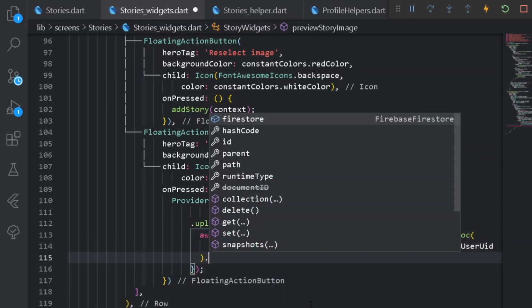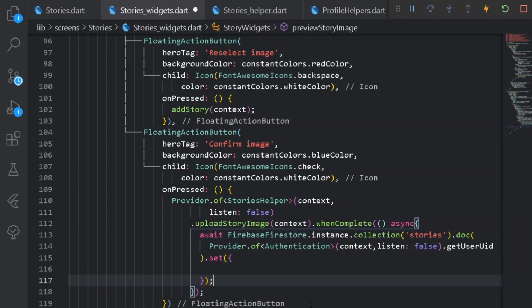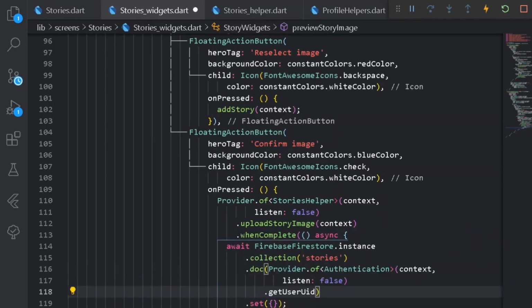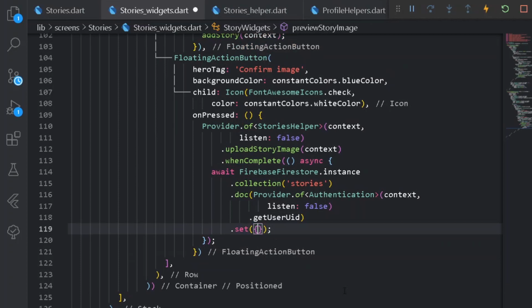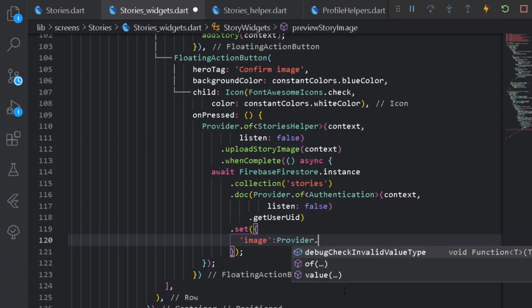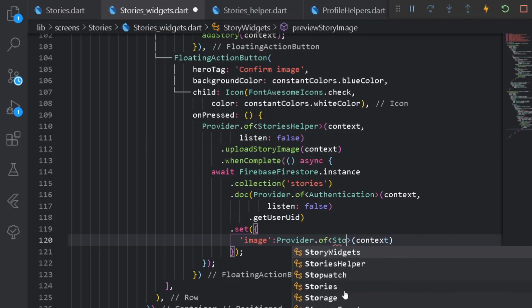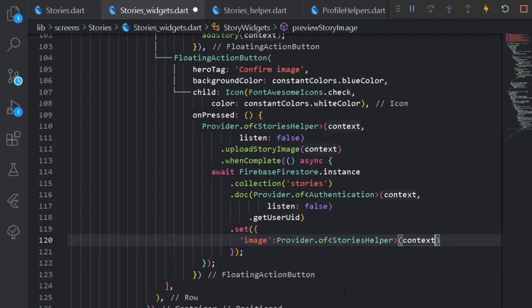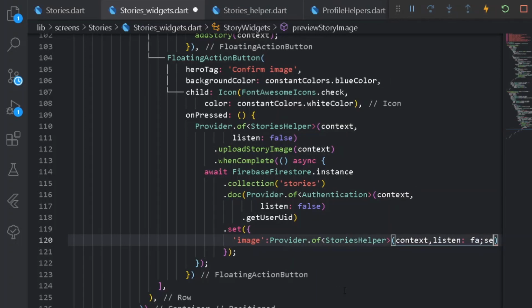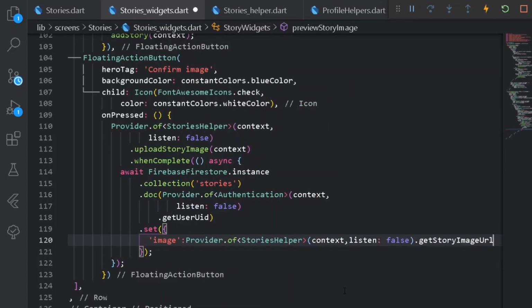When this is completed, let's have our set data method. Alright, format document first. Under setData, first of all we shall require the image of the story. For that, I can say Provider.of StoryHelpers, with listen set to false, and after that let's get the story image URL.